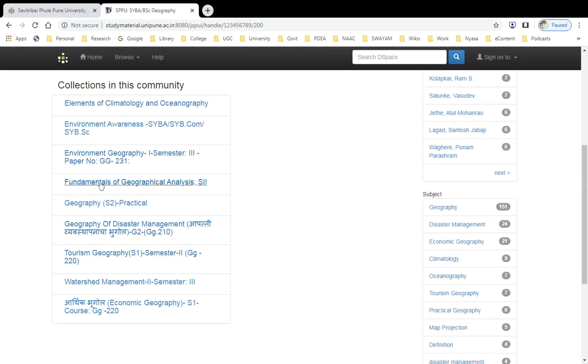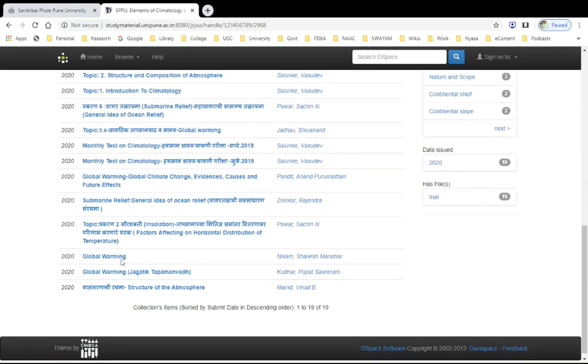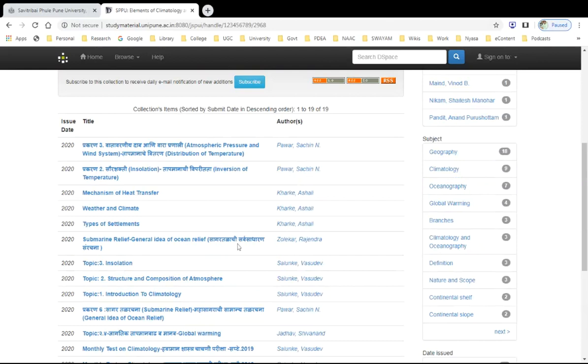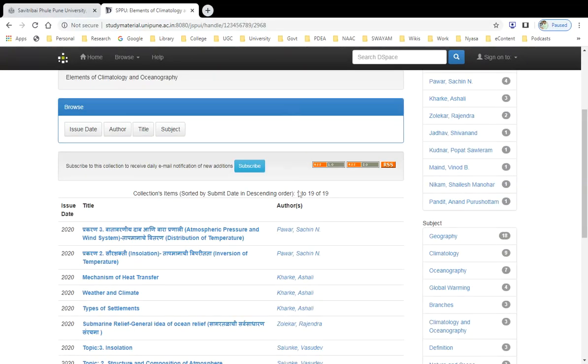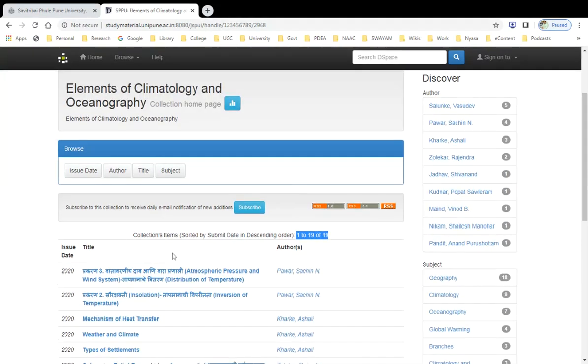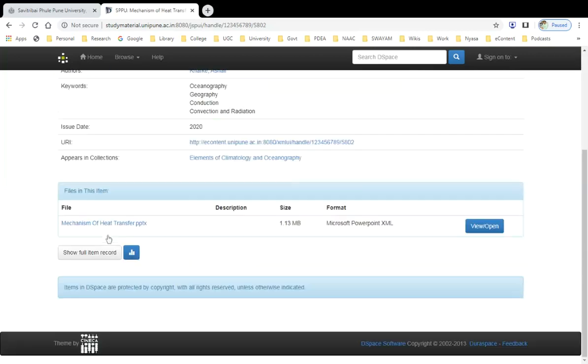Under each collection, you will get a number of entries or files, contributions by teachers from various colleges or universities. There are 19 uploads under this. So, we can check Mechanism of Heat Transfer. Here you will get a downloadable file.